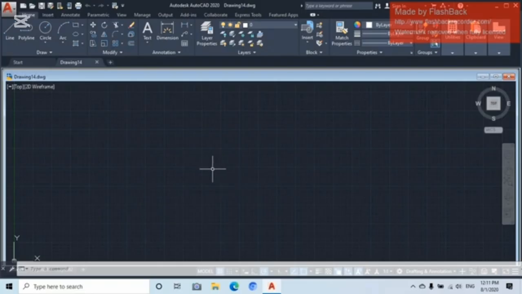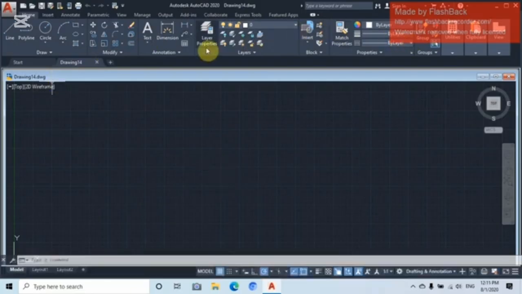So let's get started. Directly on this ribbon lie various panels and sets of toolbars that we are going to be using all along our drawing. We have panels such as the draw panel, modify panel, annotation, layers, blocks, properties, groups, and so forth. In case you don't find any of these panels here, you come up to these panels above here,